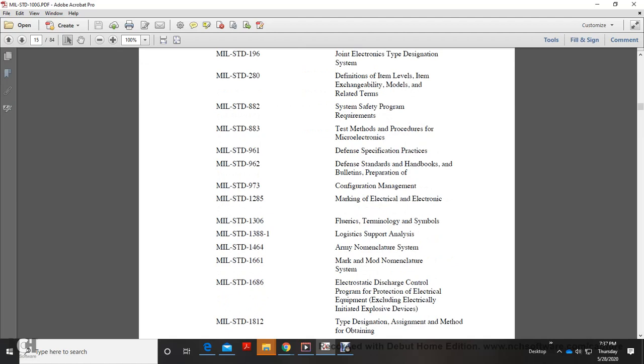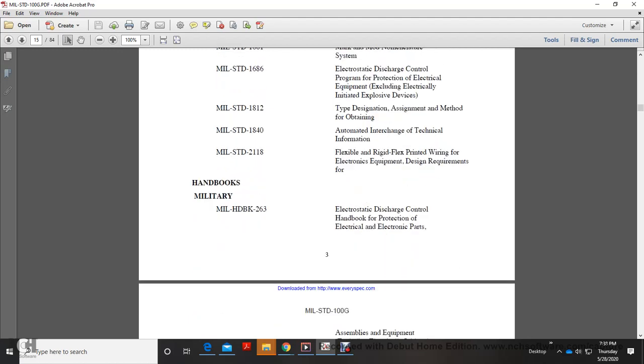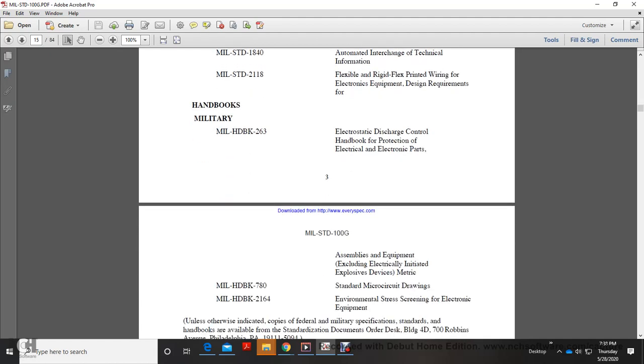1285 marking of electrical and electronic parts; 1306 philoric technology symbols; 1388-1 logistics support analysis; 1464 Army nomenclature system; 1661 marking, model nomenclature; 1686 electrostatic discharge control program for protection of electrical and electronic parts, assemblies and equipment, excluding electrically initiated explosive devices; 1812 typical designation assignment, method of obtaining; 1840 automated interchange of technical information; 2118 flexible and rigid-flexible printed wiring for electronic equipment, design requirements for. Military handbooks: 263 electrostatic discharge control handbook for protection of electrical and electronic parts, assemblies and equipment, excluding electrically initiated explosive devices; metric; MIL-HDBK-780 standard microcircuit drawings; MIL-HDBK-2161